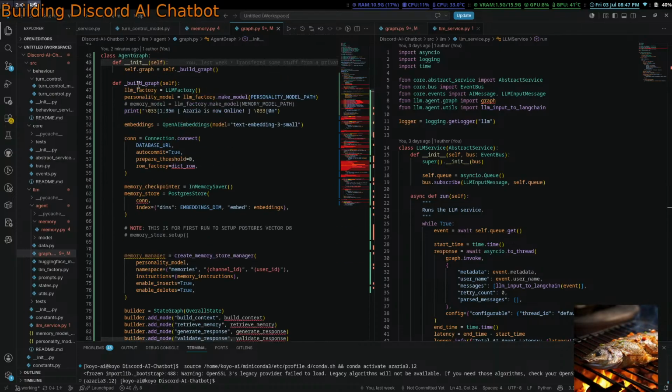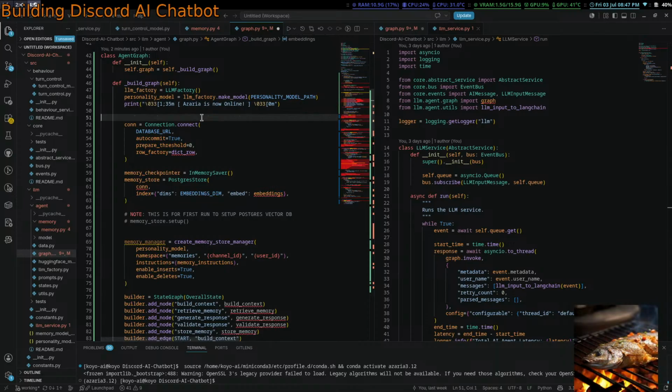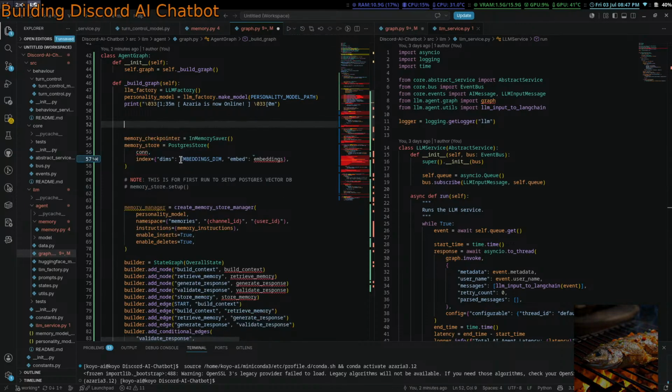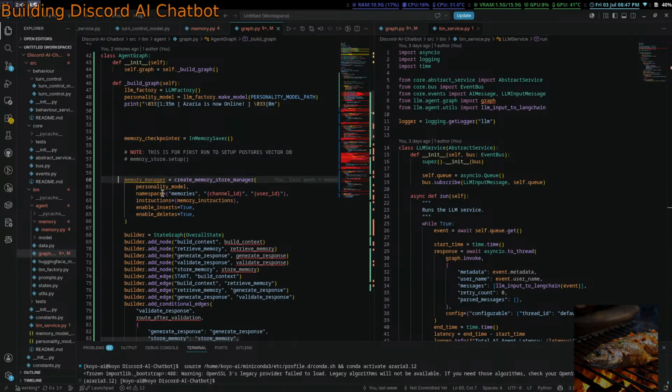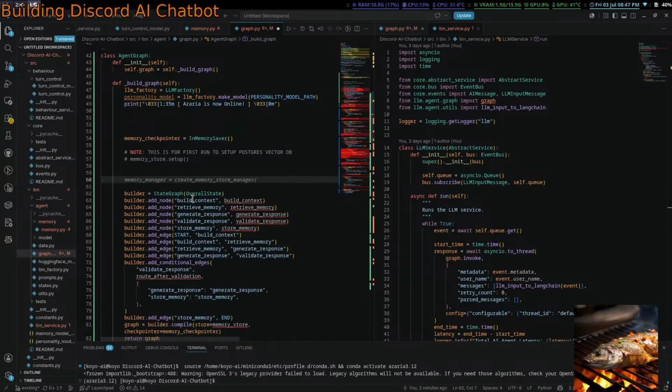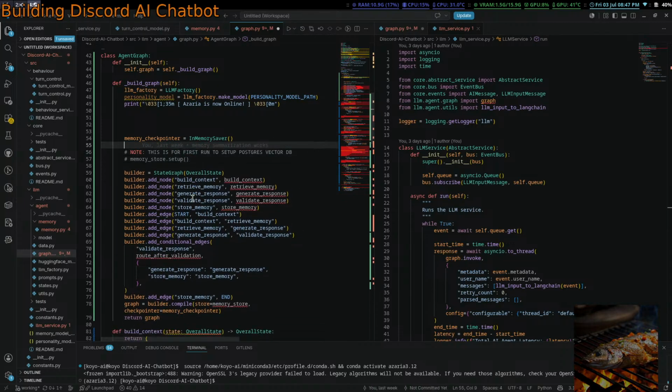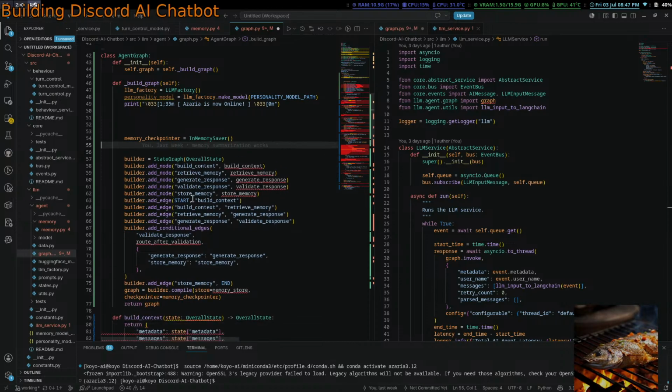And we don't need the memory stuff. Okay. Embeddings, we don't need you, we don't need the connection. Checkpointer, memory store, I don't need you. Memory manager, get out. And I don't need you either.